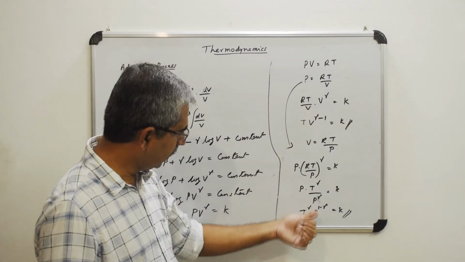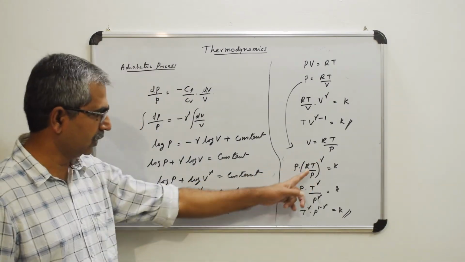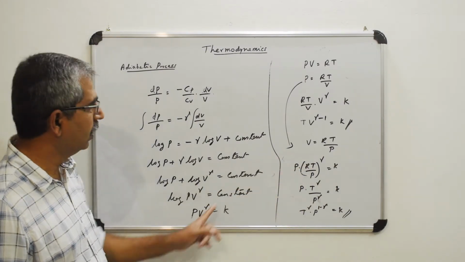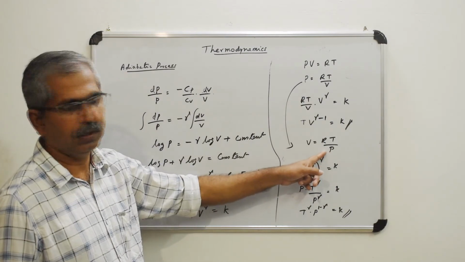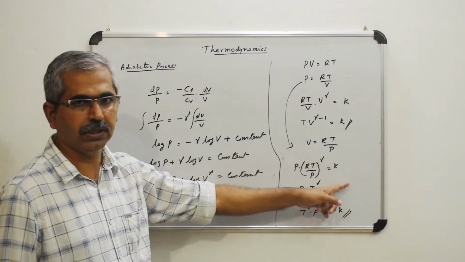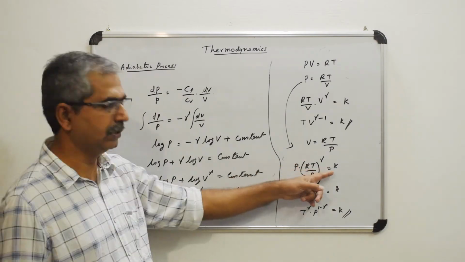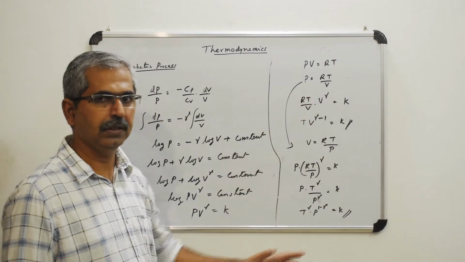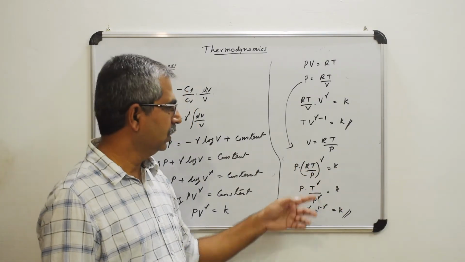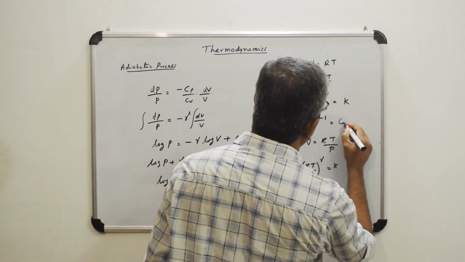Okay, and similarly here also, this is P V raised to gamma. This equation and this equation are the same. And you are writing it as, instead of this V, you are writing RT by P. Okay, and you put it there and it will be R raised to gamma. There will be an R raised to gamma that is taken to the right side. So initial this K divided by R raised to gamma is there, and that again is a constant because K is a constant, R raised to gamma is another constant. So if you have any confusion, you can simply write it as T V raised to gamma minus 1 equal to a constant.